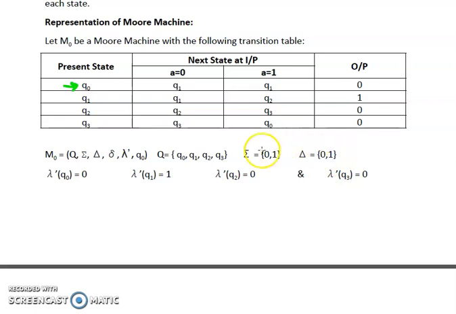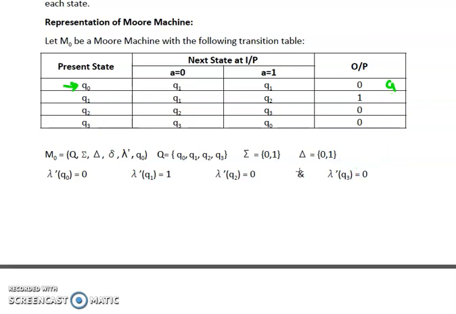Now, one thing to be kept in mind is that summation and delta are not the same. As the output, we can have the same symbols as the input, but it is not mandatory. We can also have the output as A, B, A, A. In that case, the capital delta set will consist of the elements A, B. So it means that these two sets are distinct, and if they have the same symbols, it is a coincidence and not mandatory.